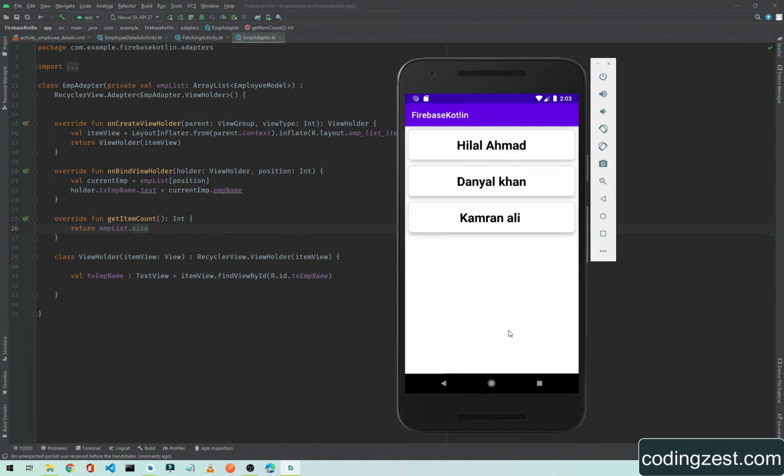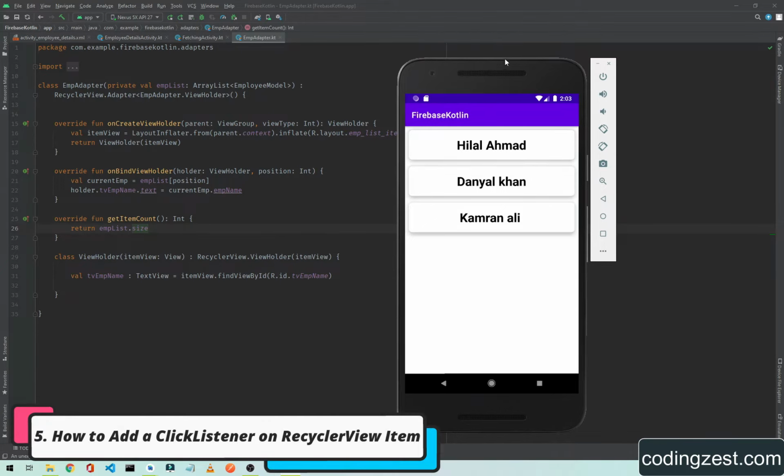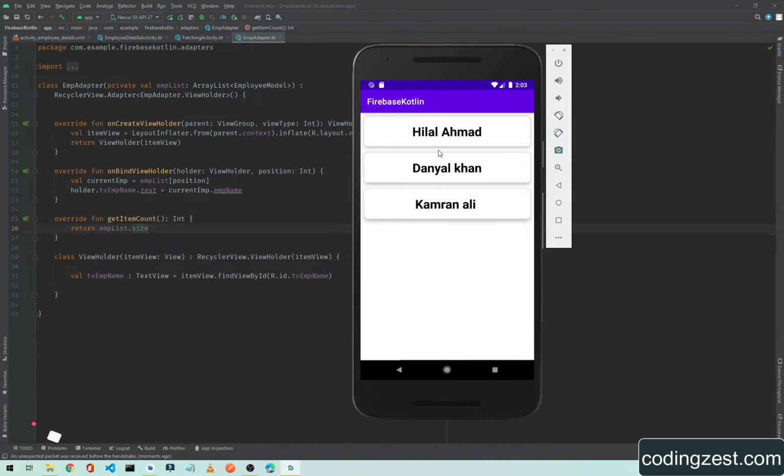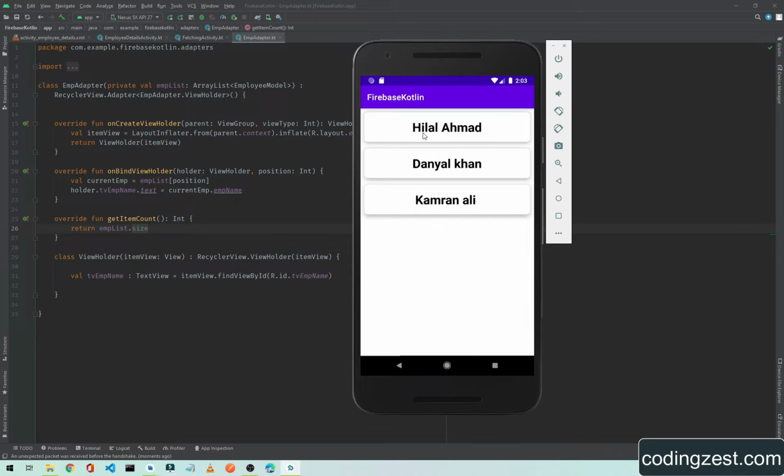Guys, in today's video I will show you how you can implement a click listener on this item. As in our previous video we fetched this data from Firebase Realtime database, and in this video I will show you how you can implement a click listener on this RecyclerView item. And when we click on this item, we will open the details of this employee